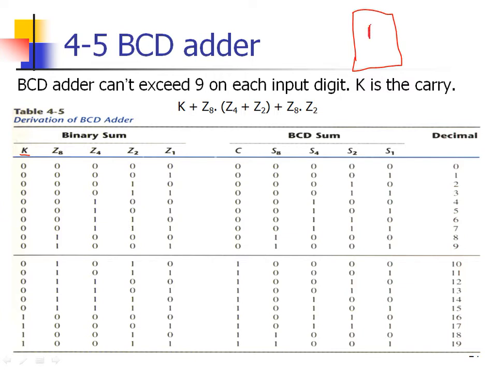So let us say this is your BCD adder. In this we are giving two inputs A and B, each of 4 bits, and as it is a BCD adder, A ranges from 0 to 9, and similarly B also ranges from 0 to 9. So the expected output will be in the range of 0 to 18. As we are adding 0 to 9 of each input, we get 0 to 18. This I am representing in decimal.